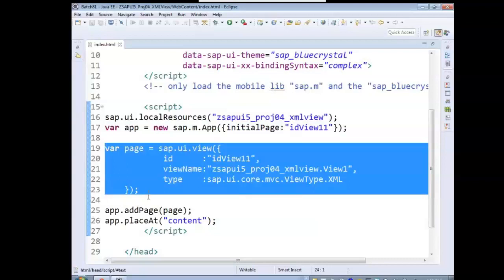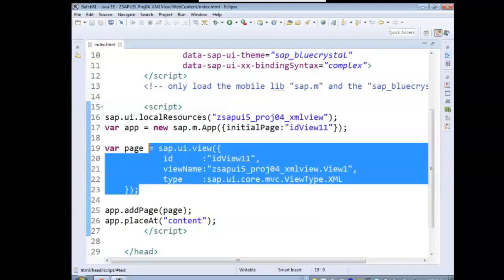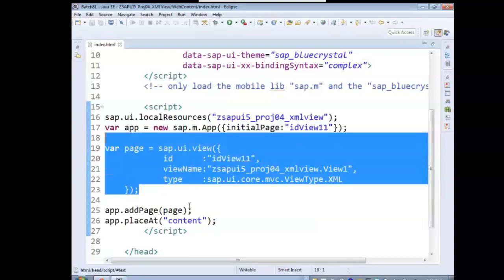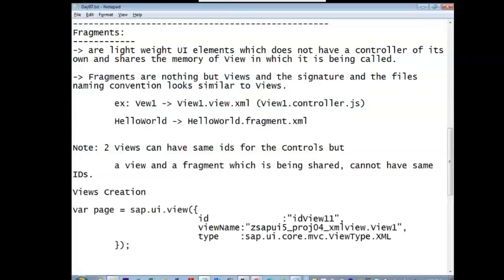This also happens in our Web IDE, but I cannot show you all these things in the Web IDE because the architecture is very complex there. Okay, fine. So let us copy this view creation. A view has an ID, a view name, a type.